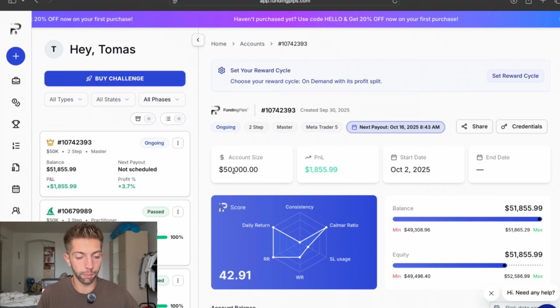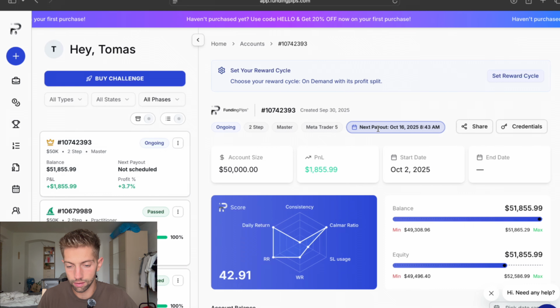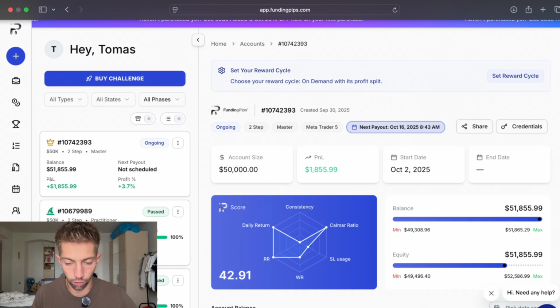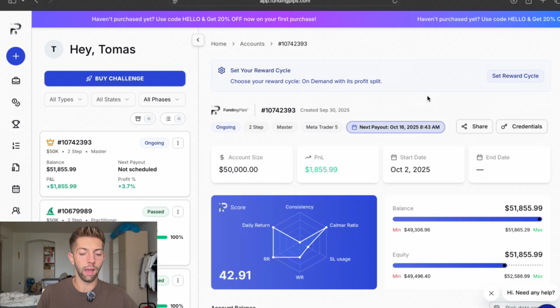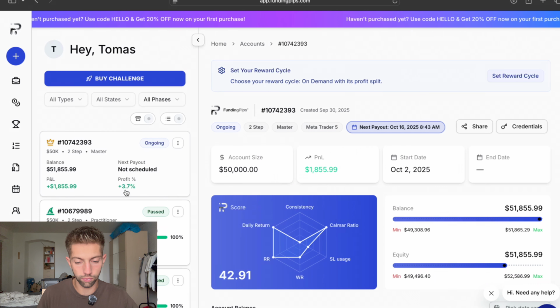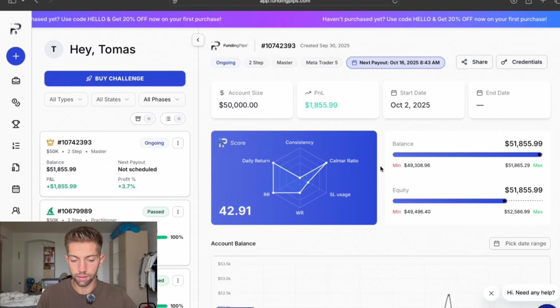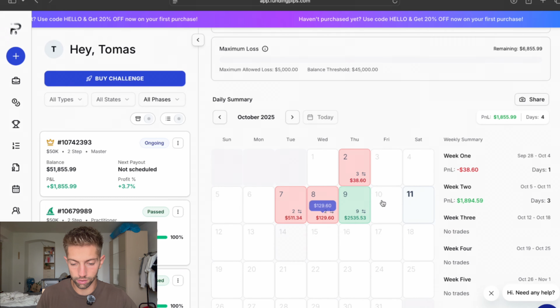account from Funding Pips. As you can see, this is the master account. The next payout is 16th of October. Today is 11th of October, excuse me. So in 5 days, I'm expecting a 1.5k payout. Why? Balance is 1.8k. Almost 4%, because I took some losses, as you can see, but this was the day